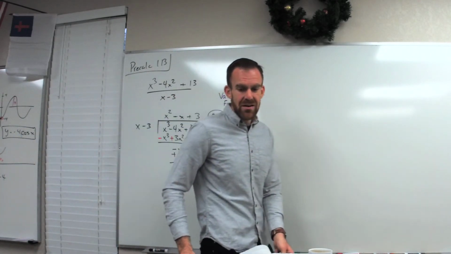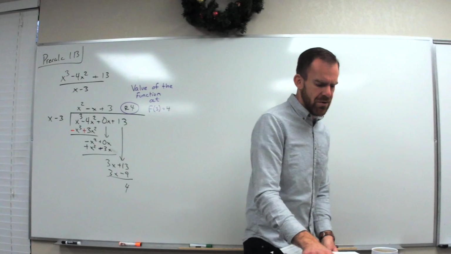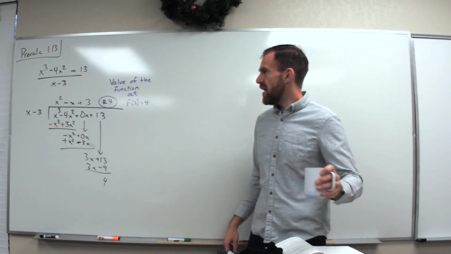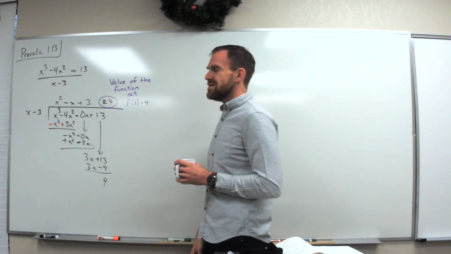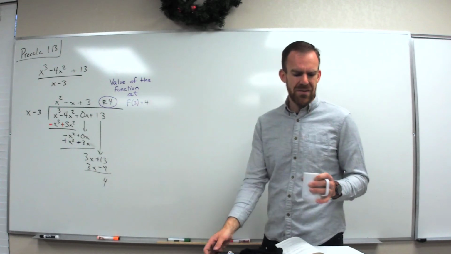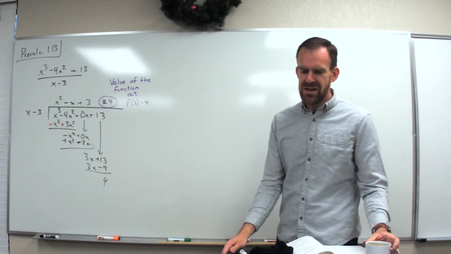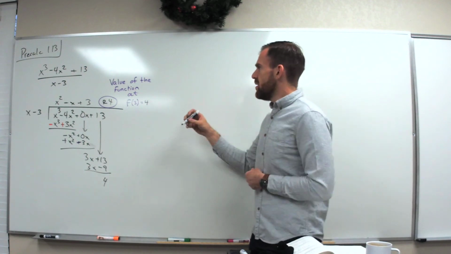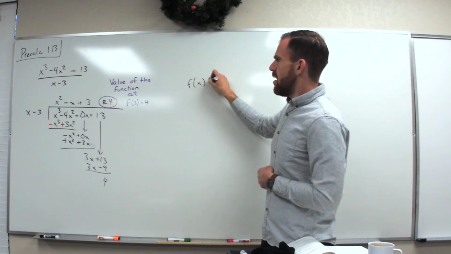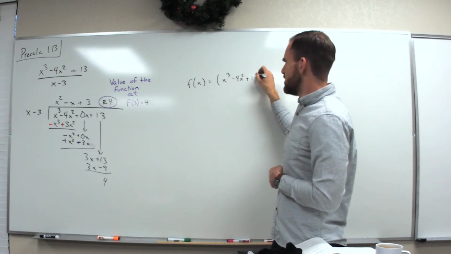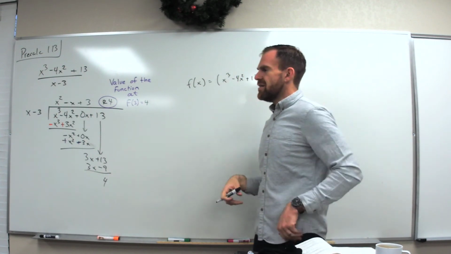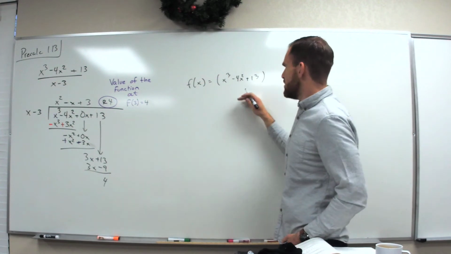It's a little bit complicated. It's called the remainder theorem. It has to do with the fact that you're going to multiply both sides by x minus 3 since you're trying to find the value of the function. And should I just show you? I'll just show you. So if f of x is x cubed minus 4x squared plus 13, and I divide that by,